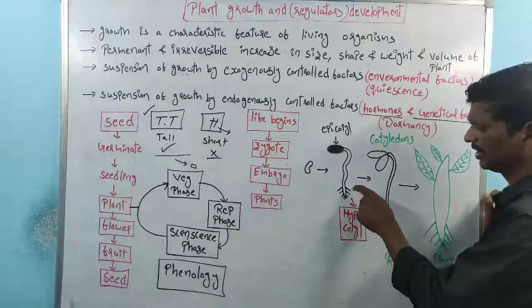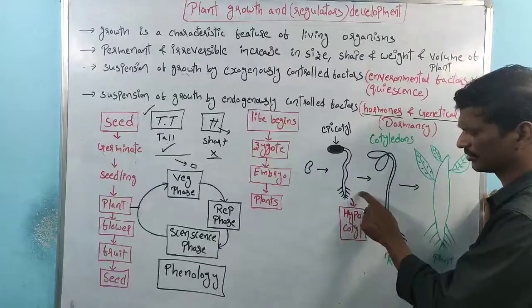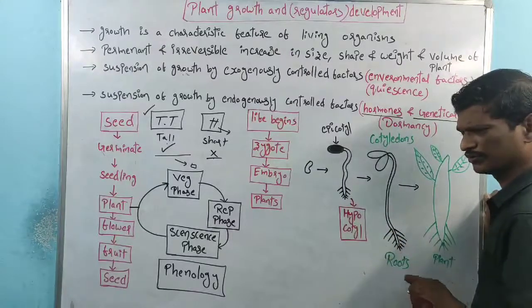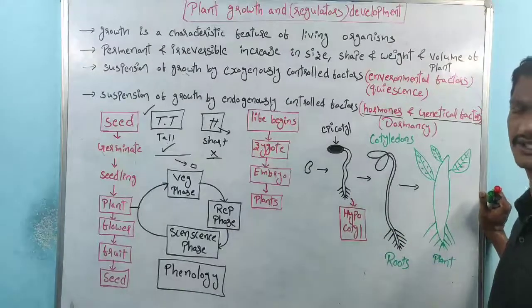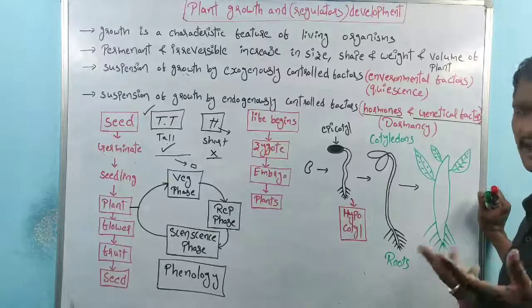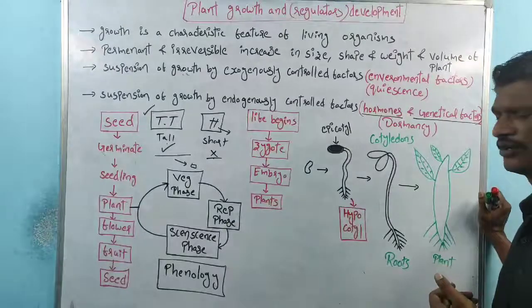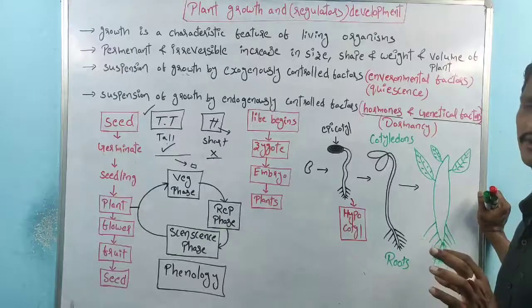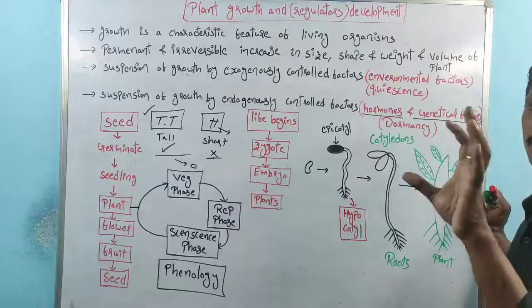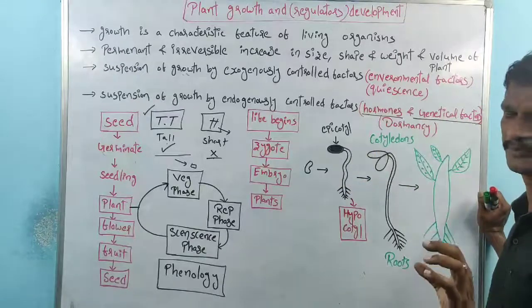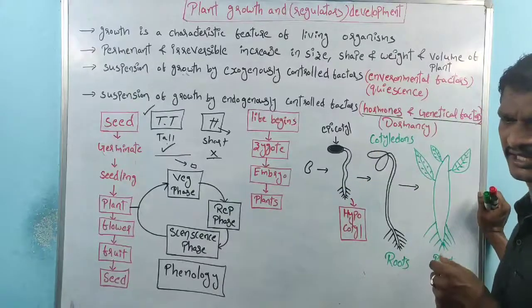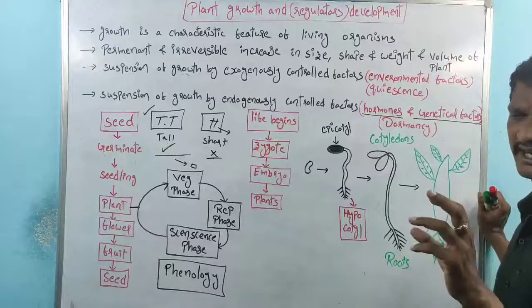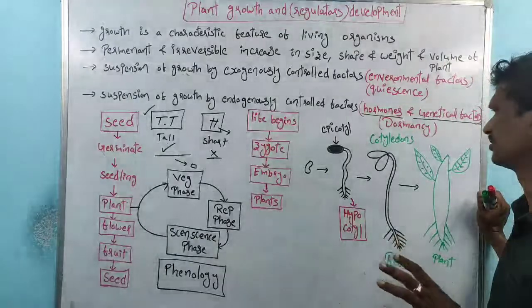See, this is the hypocotyl region. This is responsible for the root production. We know the radicle within dicots. There is a radicle part, and that radicle is responsible for the production of roots. So the plumule is there, the radicle is there; the plumule is responsible for the shoot part production, and within dicots, the radicle is responsible for the root production.